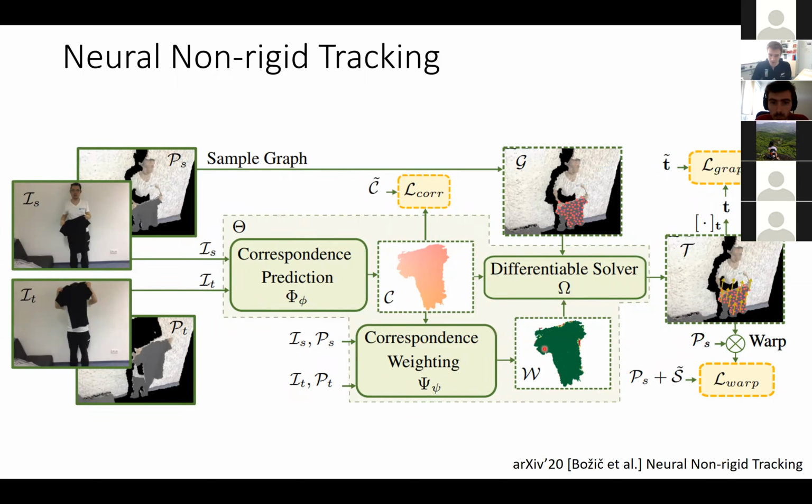We have these weights that tell us how important the correspondence is, and that is just a multiplication on each correspondence. It tells us to weight it down or weight it up. This is how we're weighting it in the optimization, but there's no explicit loss on this weight. The only losses we have are a 2D correspondence loss, which is pretty much an optical flow term. It tells us in 2D how things should move around, but we're using the depth data to back project it. We have a graph loss that tells us not to move crazy around. This is the regularization term. And we have a warp loss that tells us, yes, whatever you want to have with respect to the final